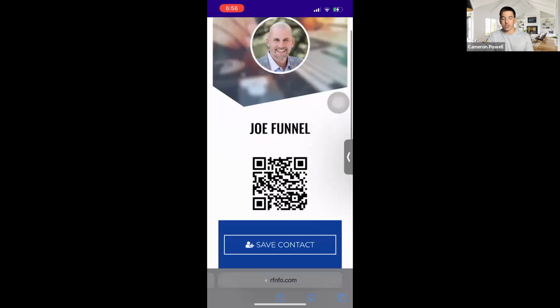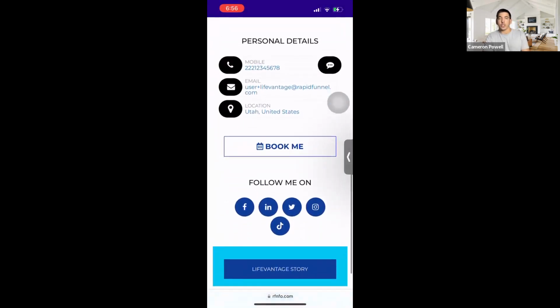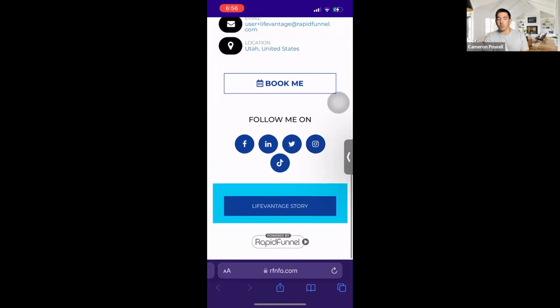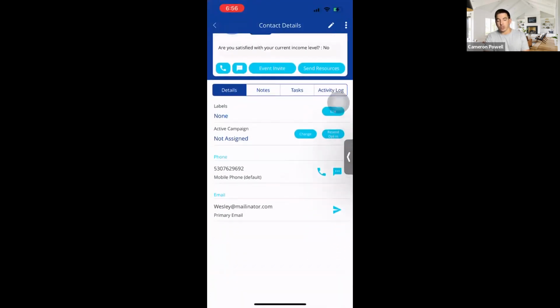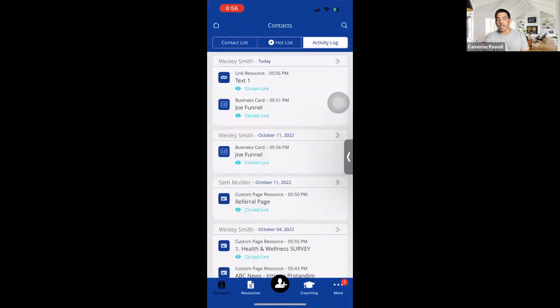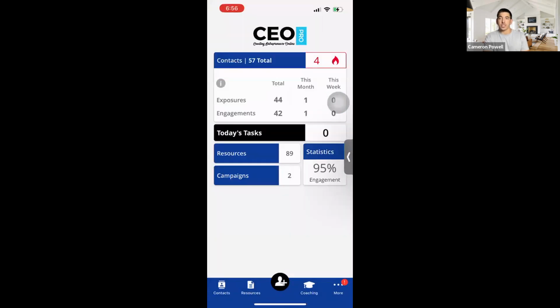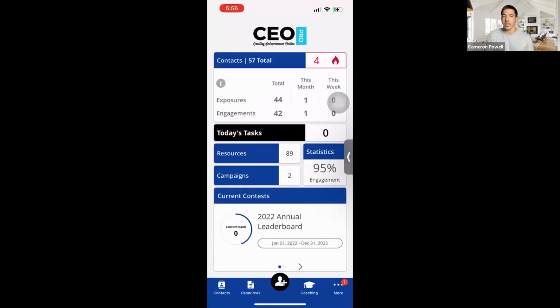So all these links you guys create, if you do it properly, how I just showed, and you put it in the URL, it will work this way. And once again, if you try to create a personal resource without a link in there, it won't let you do it. So once again, business card or your booking link are really easy things to do. And now real quick, we are going to jump back to my desktop screen.